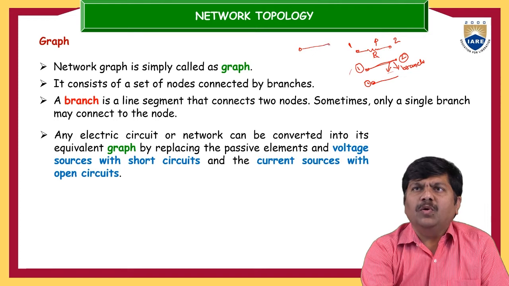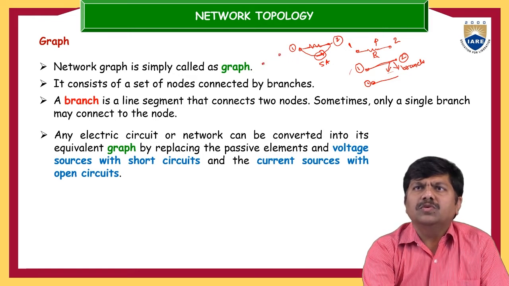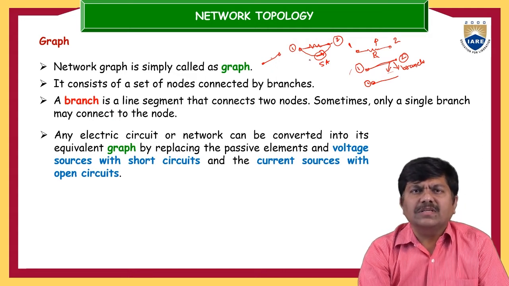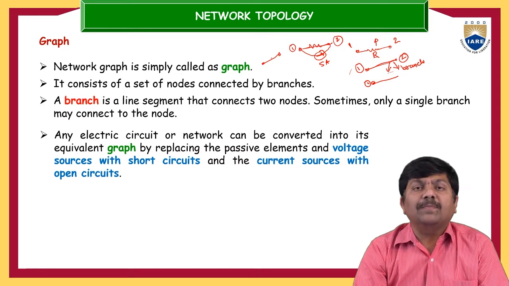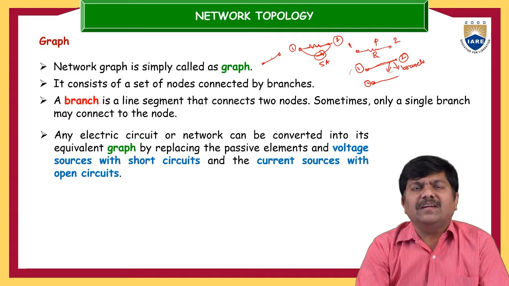Suppose there are node 1 and node 2, and one resistor is there, and between them there is a current source, a 5 amp current source. How can we represent the graph of this electrical circuit between node 1 and node 2? The resistor is one solid segment, and the other part is the 5 amp current source. Whenever you see current sources, you represent nothing, because current sources should be represented with open circuits, and voltage sources should be represented with a solid line.